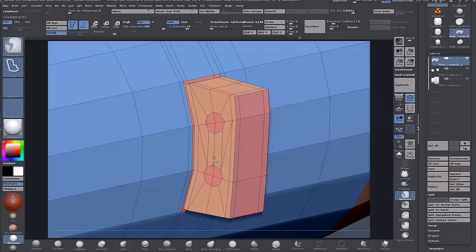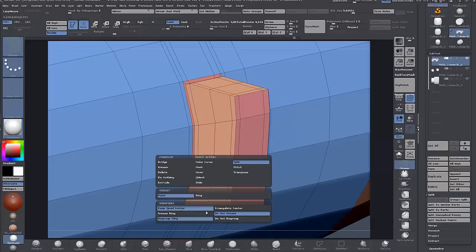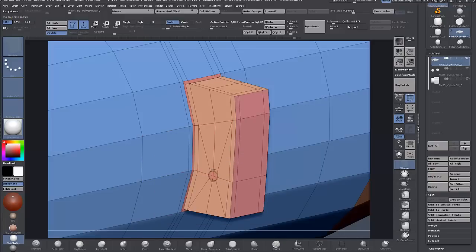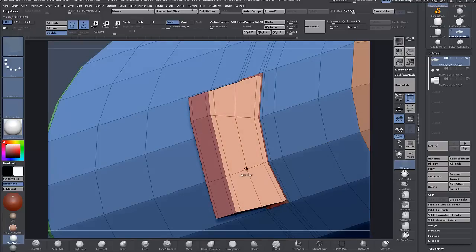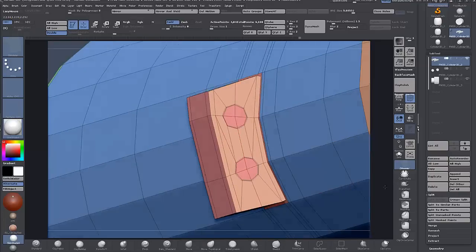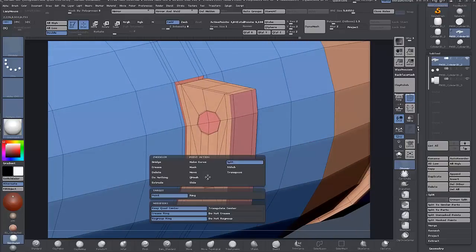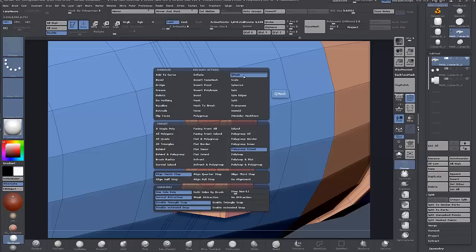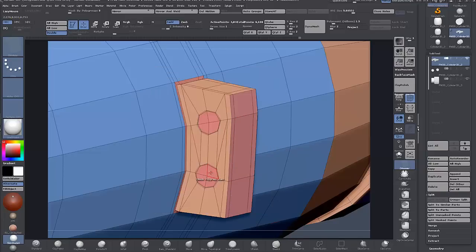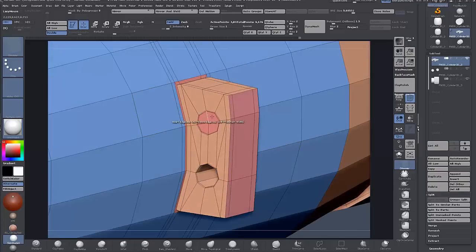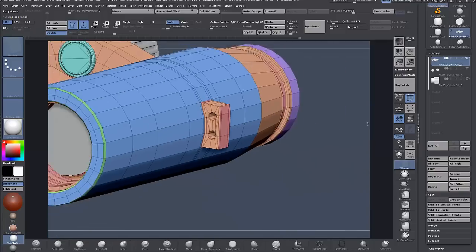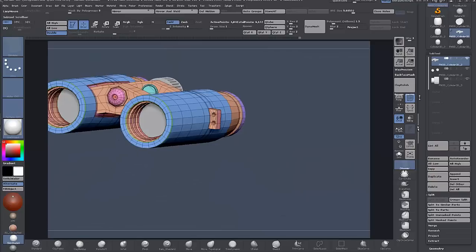Now I have the crease turned off, so I'm going to undo that and hover over it and turn on crease ring. And we do it again. Click, click, click, click, and now back to our face and Q mesh polygroup island, and we just drag that through and create a nice hole, and click there the same,